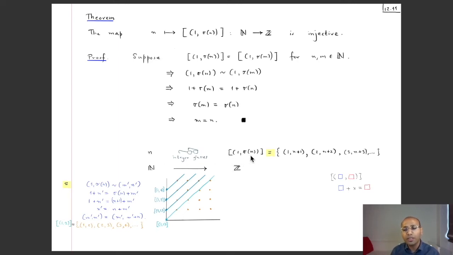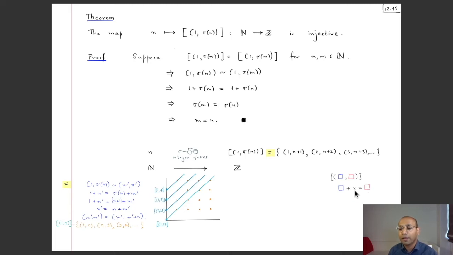But what should this integer be? So let's revisit our intuitive understanding of what an integer is. If you have an integer, that's an equivalence class containing an ordered pair where the first entry is a blue box and the second entry is a red box, and these are natural numbers. Then this integer is meant to be the solution of the equation blue box plus x is equal to red